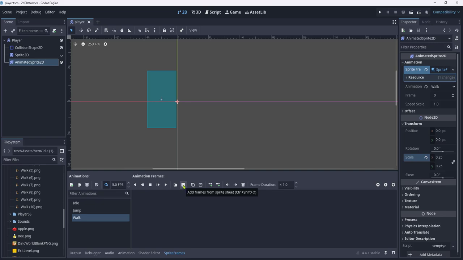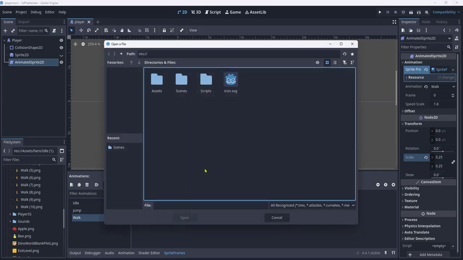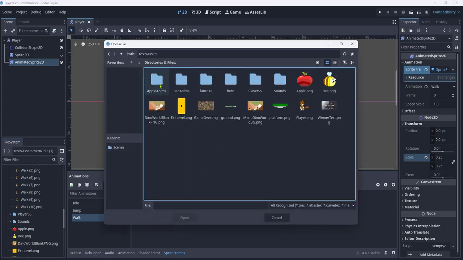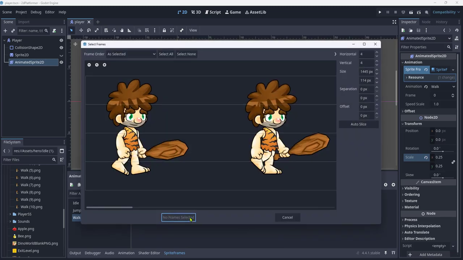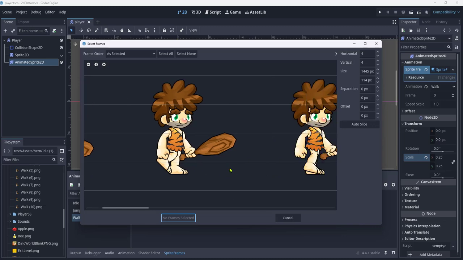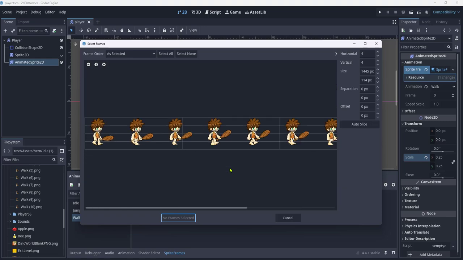So with the animation we want to do selected, click on the add sprite frames, and inside the assets folder I put a player SS for sprite sheet there prepared. It's the walk animation we want. So we go to open. Now this is slightly more complex because we've been given this type of option. Now if it's too big, you can hold control down, zoom out with your mouse wheel,